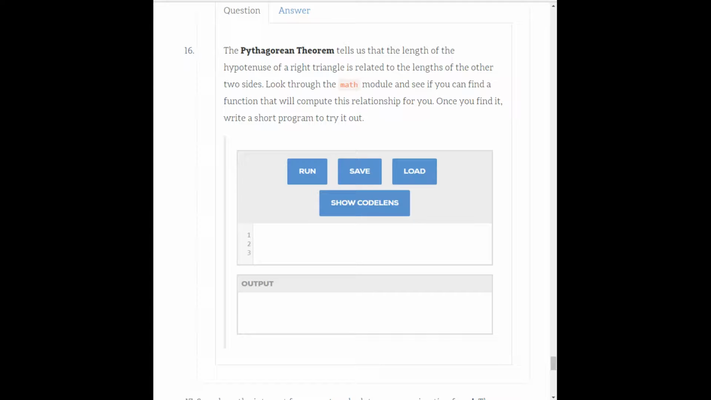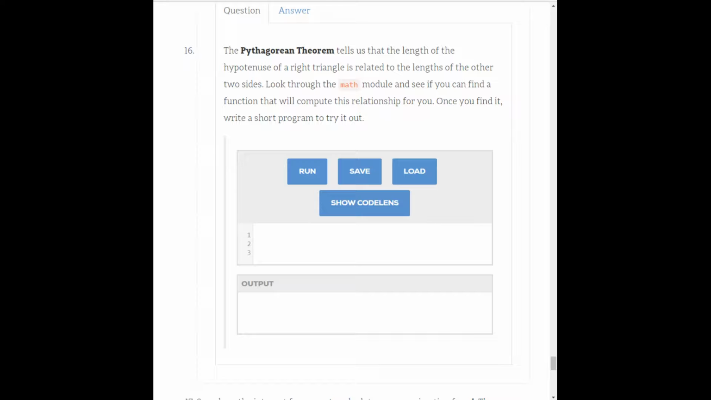Okay, so question 16 is very much the same thing as the last two questions that we did, in that what we're actually asking you to do is really dig into documentation and try to figure out how the different functions provided by these modules work. So this question is asking us to use the Pythagorean theorem to find the length of a hypotenuse of